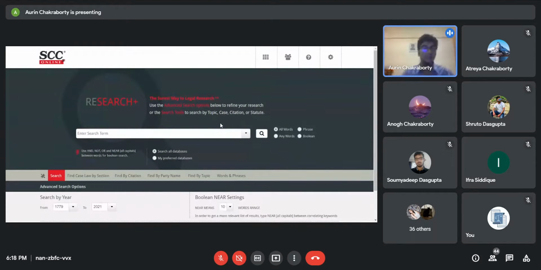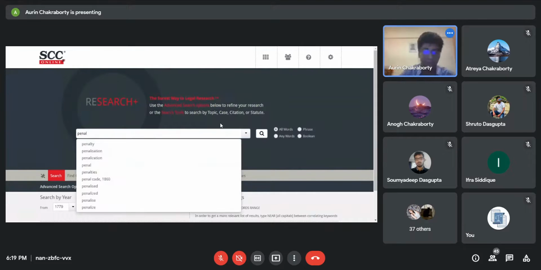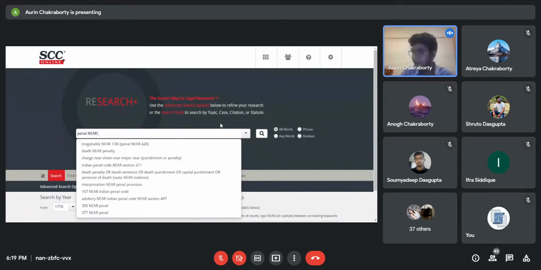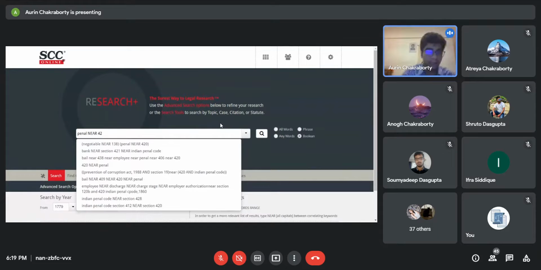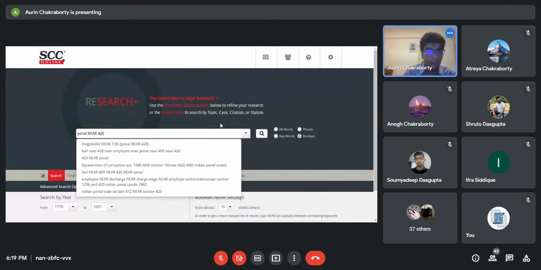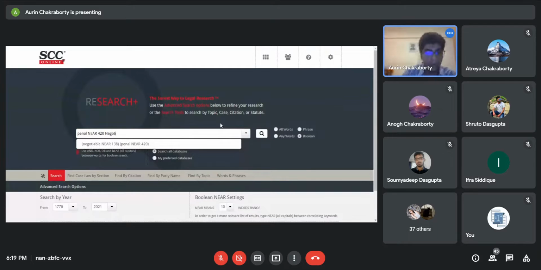So it's not necessary for us to go ahead and find by citation or find by section, which again I'll cover in the later part of this interaction. You can just go ahead and write penal, and you can just put in near say section 420, which is already there an aspect, and just put negotiable